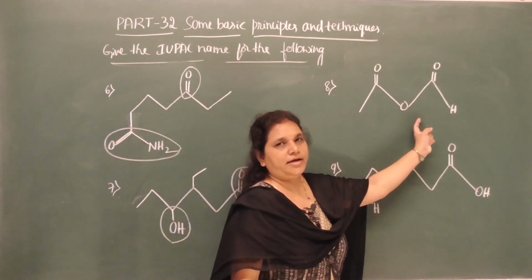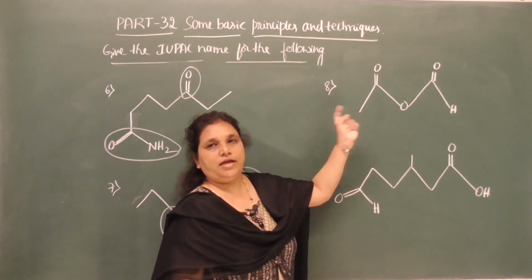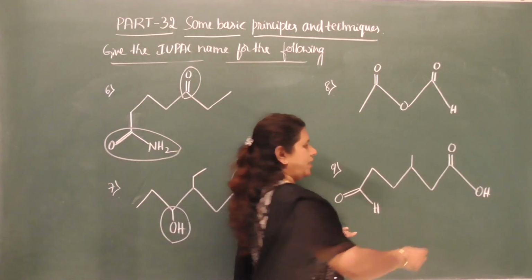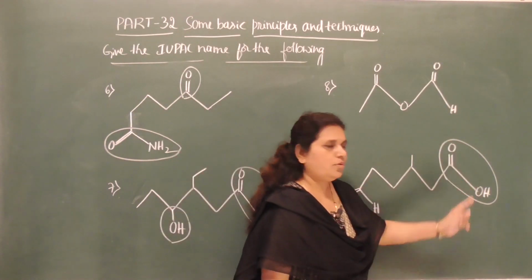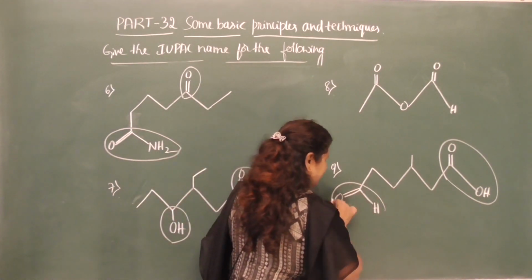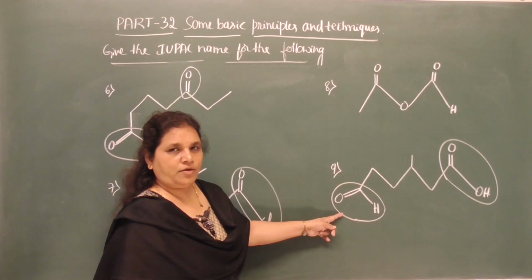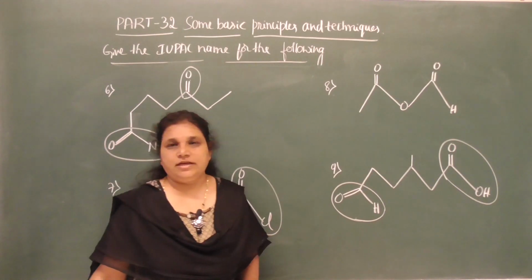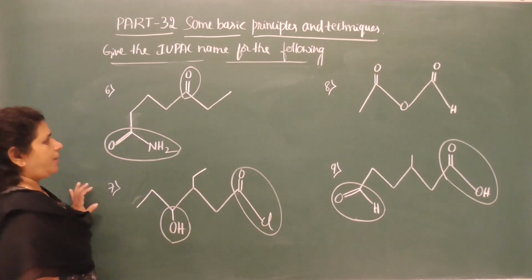So when it is an anhydride, how many carbon atoms are there? On the basis of that, we have to give the name of the anhydride. I will give the IUPAC name. And what about this? Here we have carboxylic acid as a functional group. See here, C double bond OH. And one more functional group, C double bond OH, that is the aldehyde functional group. So here this acts as a substituent now because it is a secondary functional group, because we need to give the preference to carboxylic acid according to the priority. Okay, now move on to the IUPAC name.